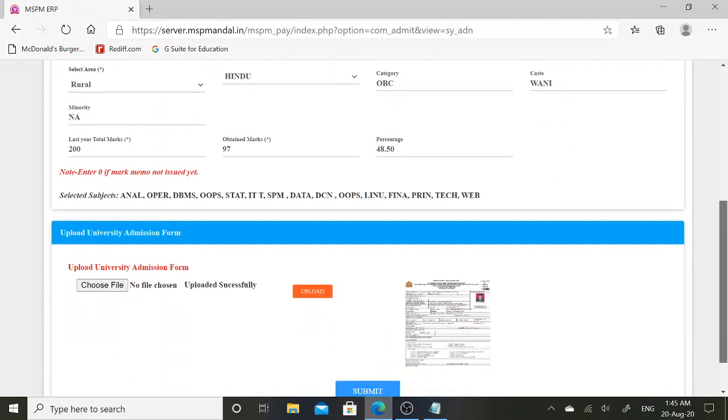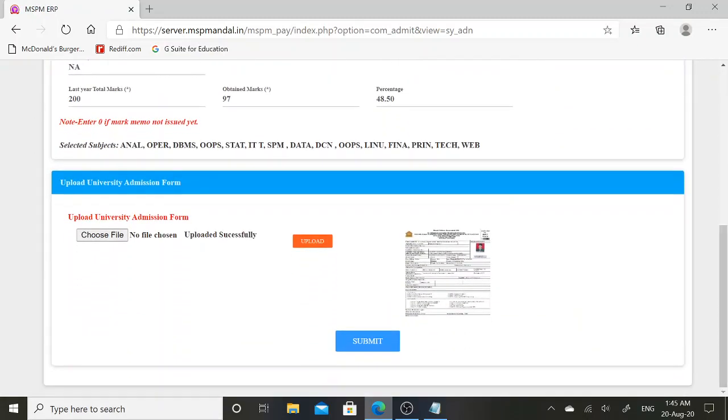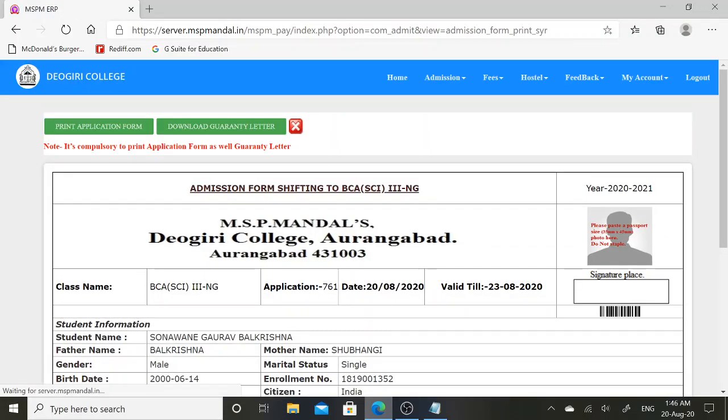I need to scroll down this web page. Here you can see that I have successfully uploaded my university admission form image file, and therefore I got the submit button. Then I will click on this submit button.